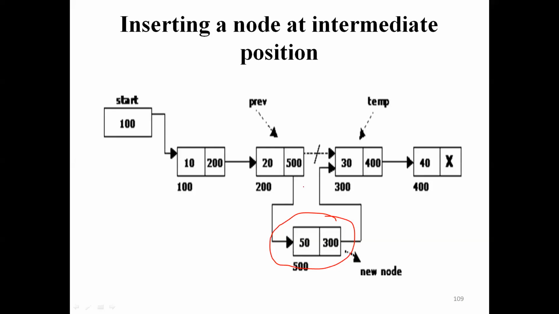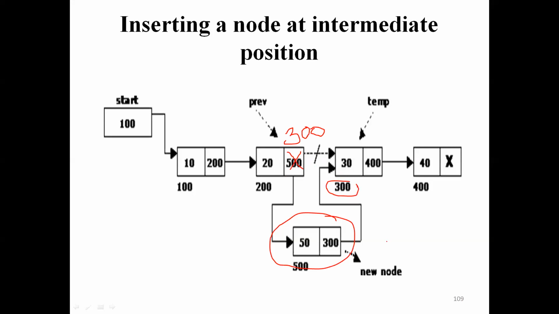So that is the condition. Earlier, instead of 500, it will be what? 300 only, before inserting. Why? Because the successor node of 20 is 30, so that node's address will be stored. This slide shows the state after inserting a node between the nodes. Earlier it will be 300, because 30's node address is 300. That's why it is written there.